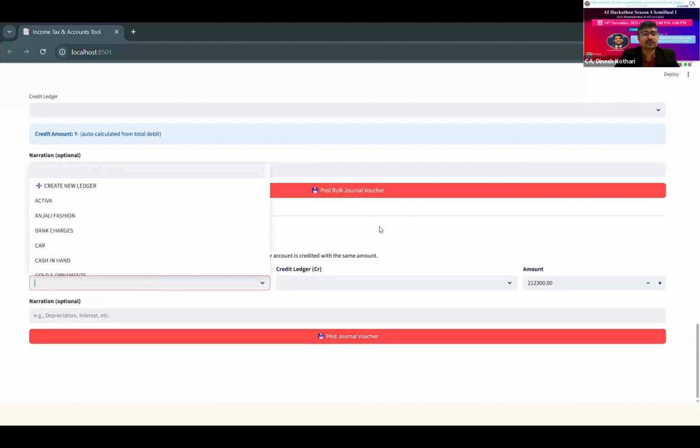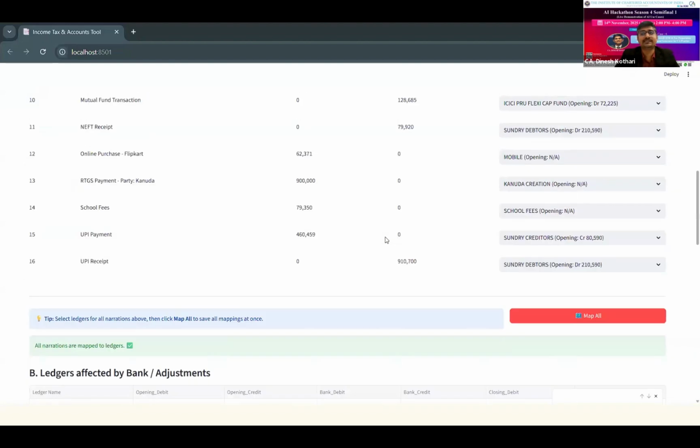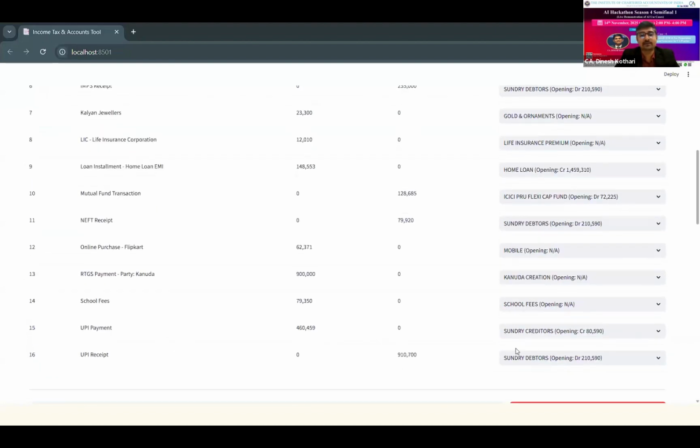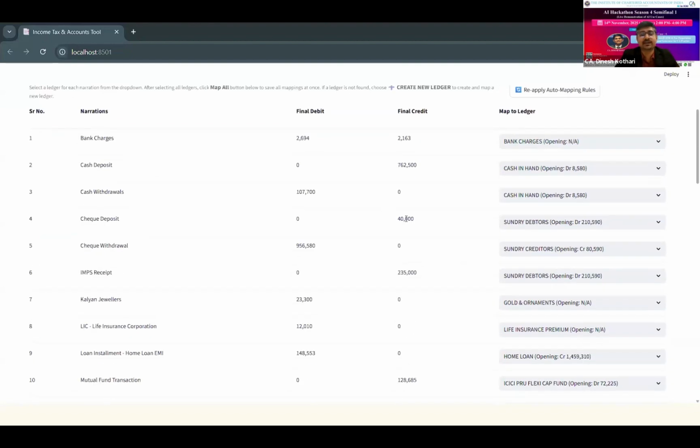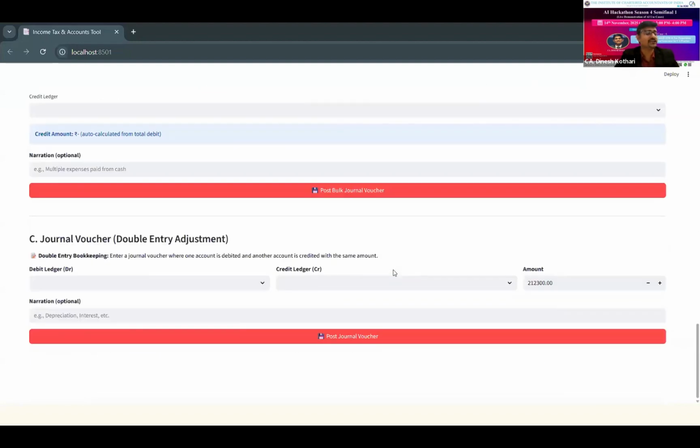Now, after that, since in the default mapping, we can see every UPI receipt and payment was mapped to the sundry creditor and sundry debtors account. If it is receipt, it is debtors. If it is payment, it is creditors. Same in the check deposit. So, because 4480 assumes that all the payments made and receipts are sundry debtors and